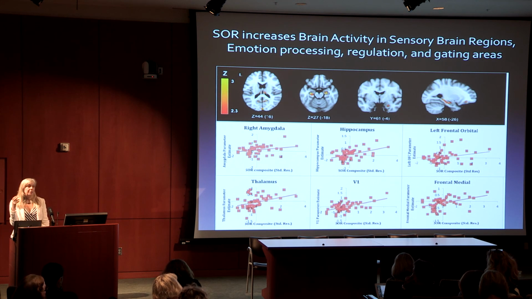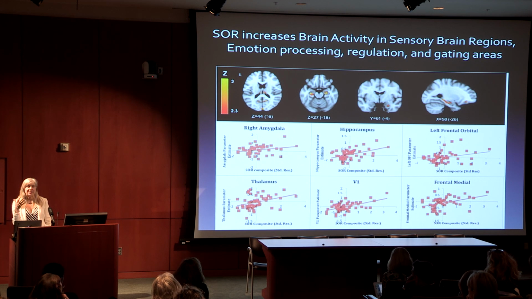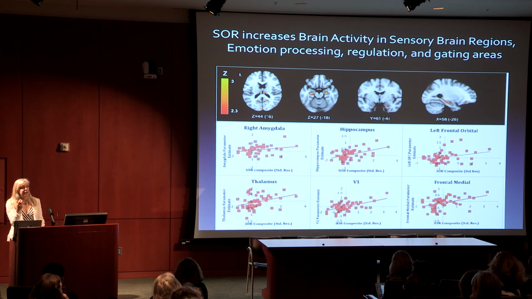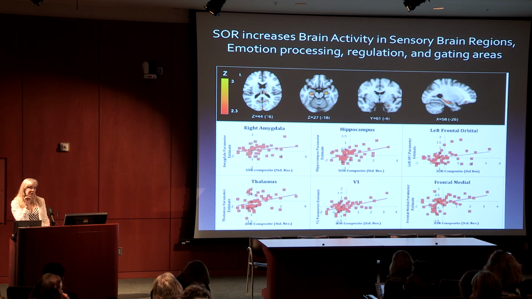That is, signals from the frontal lobe can go down through the thalamus to your primary sensory cortices and narrow down how you experience that information. So it's a gating mechanism. And all of those areas show this hyperactivity in response to these annoying stimuli. Also, the amygdala, our primary emotional response system, showed hyperactivity among children with SOR.